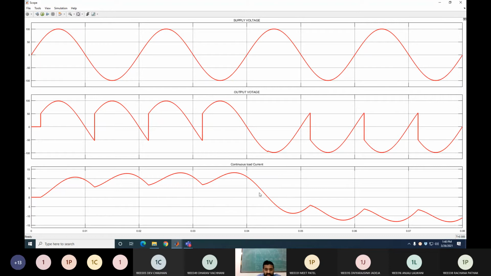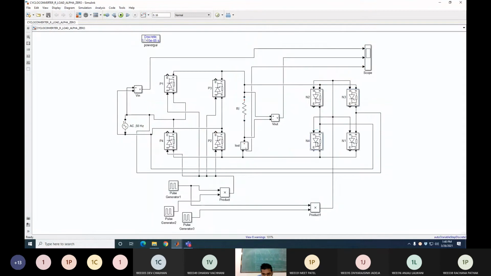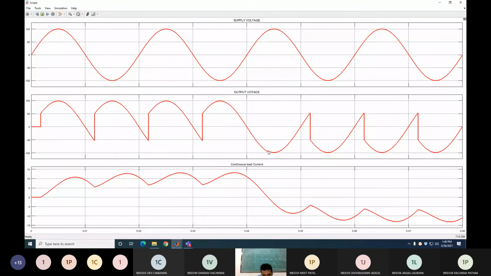Zero value is clear. But after that, you can see that when you get the negative voltage, P3 P4 remain conducting up to this 4 pi plus alpha. So this negative voltage you get from this point to this point is because of conduction of N3 and N4. Clear? This one, N3 and N4. Here P3 and P4. So after that, you can see that here there is a notch in the output voltage.